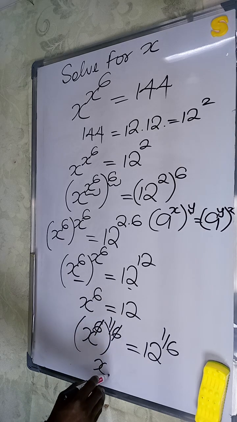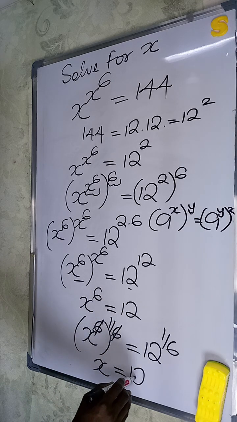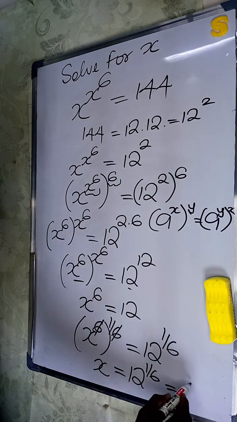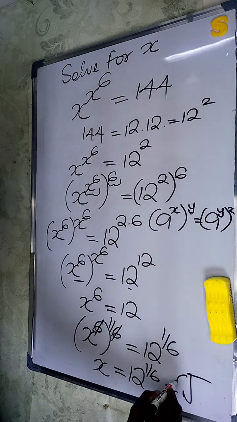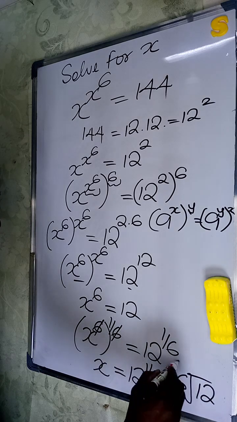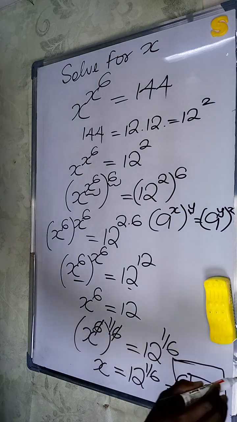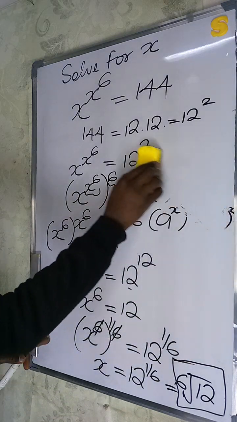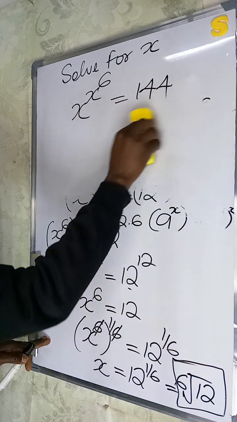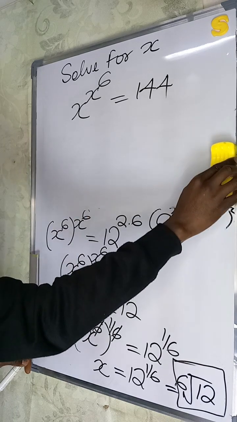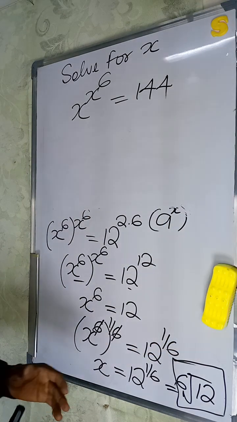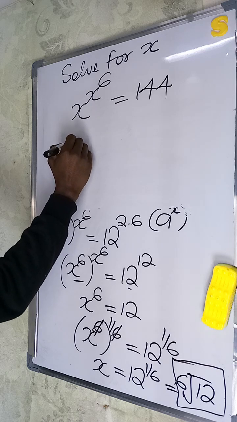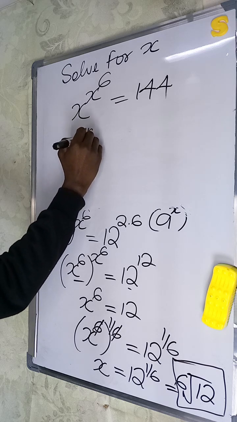We'll have our x equal to 12 to the power of 1 divided by 6, and this can also be equal to the 6th root of 12, and that is the solution. Now let's check to see if this solution is right. To check, let's simply insert the value of x equal to 12 to the power of 1 divided by 6 into this. So we'll have 12 to the power of 1 divided by 6